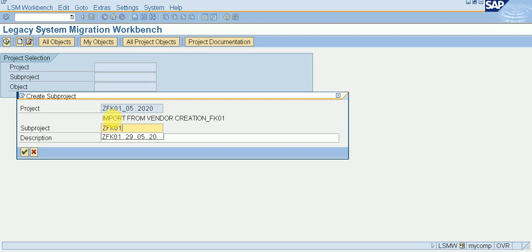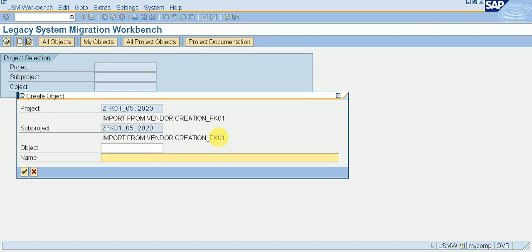ZFK01. We use Y and Z for creating a new T code here, 052020, same for this.